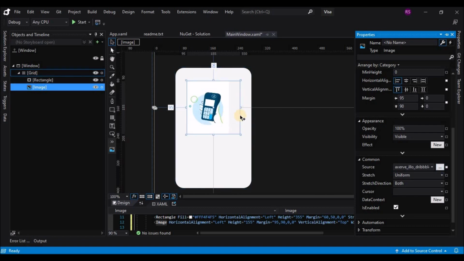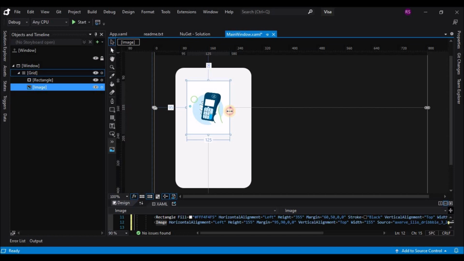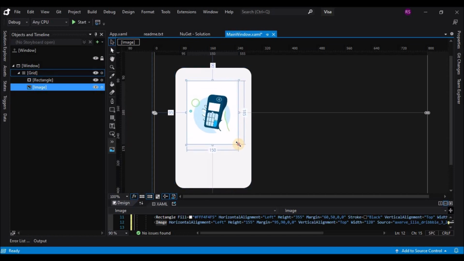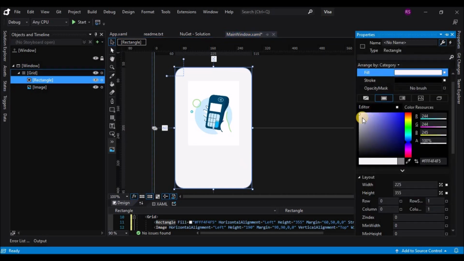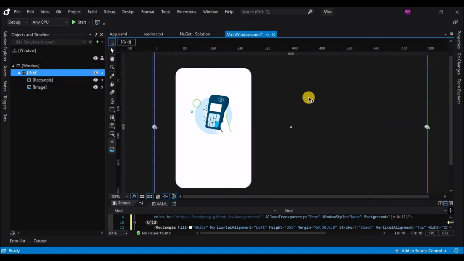Okay, so as you can see, the image background and the rectangle color do not match. So let's select the rectangle and change the background fill to white. Okay, so that's done.